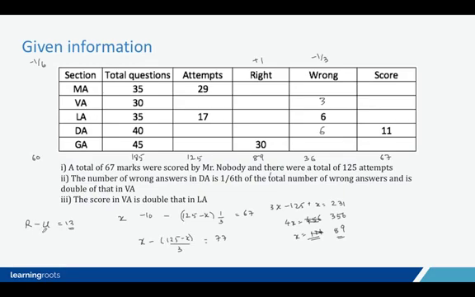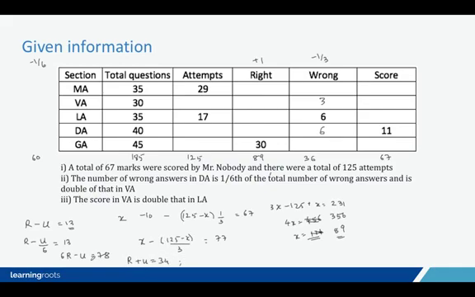Now I'm not saying number of right minus number of unattempted, but right minus unattempted will yield him 13 marks. So I can say that right minus number of unattempted questions divided by 6 will yield him 13 marks. Or I can say 6R minus U will be equal to 78. But I also know that R plus U will be equal to something. So wrong answers is 6. So the remaining questions 34 would either be attempted and right or unattempted. So I know that R plus U equal to 34 as well. So R plus U is 34, right?